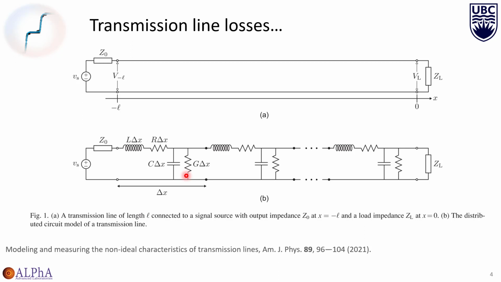And so the Teflon will have a dielectric constant, and it has a permittivity, and the permittivity has a real part and an imaginary part. The real part roughly corresponds to the dielectric constant, and the imaginary part corresponds to dissipation of power in that Teflon material that separates the center conductor and outer conductor. And so if you make some physical models for what this resistance per unit length and this conductance per unit length should look like as a function of frequency, then you can try to explain or to fit the frequency dependence of that transmission coefficient that we just looked at on the